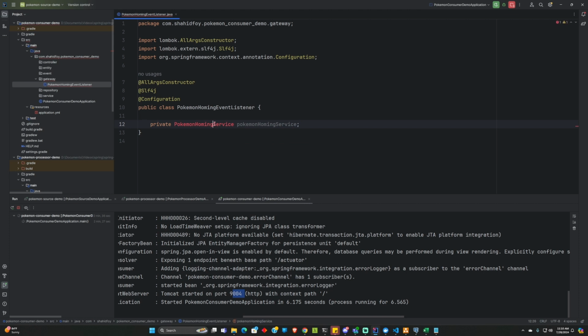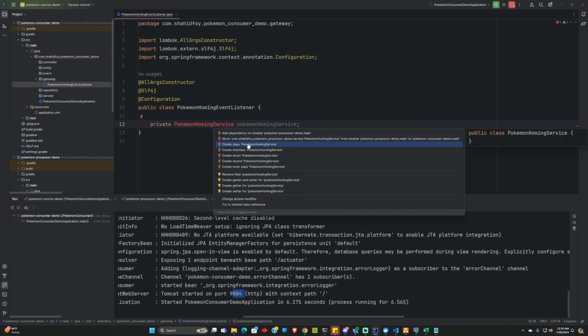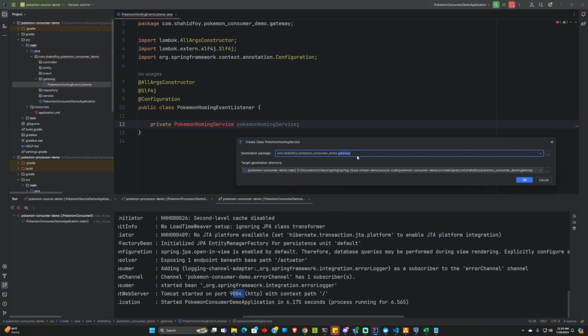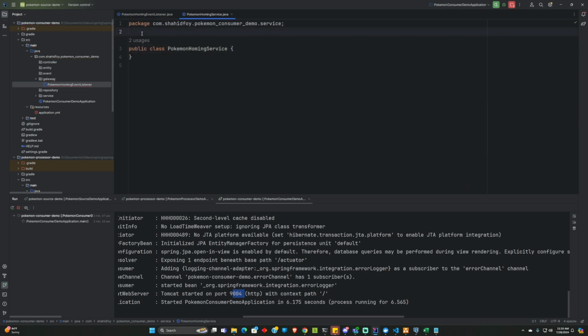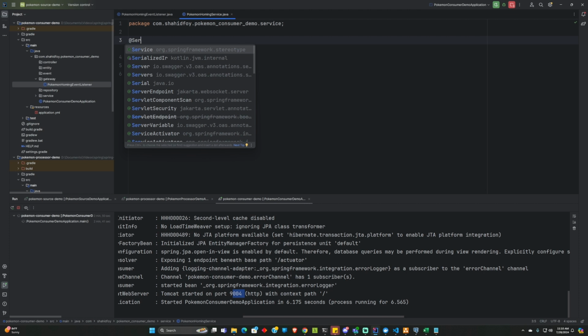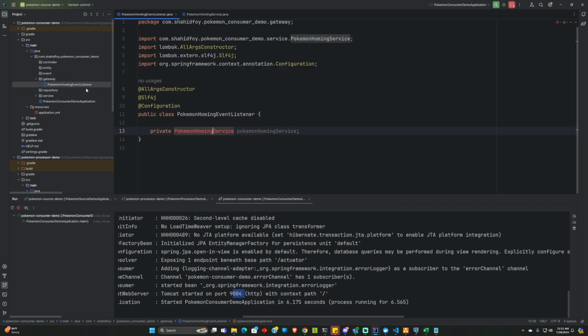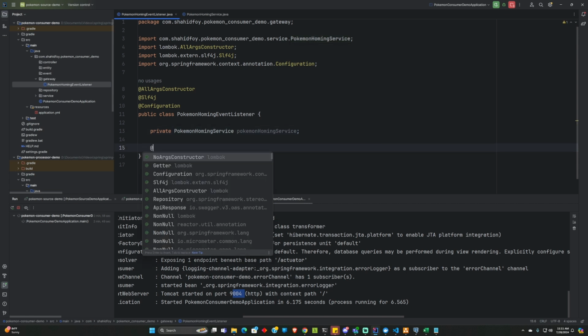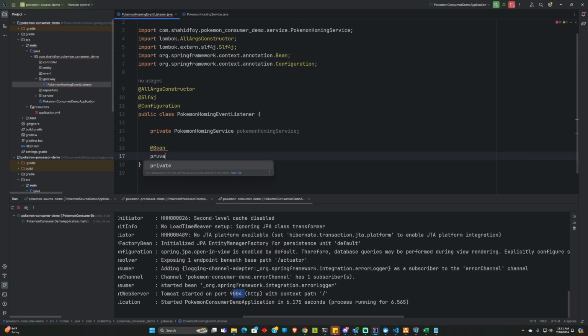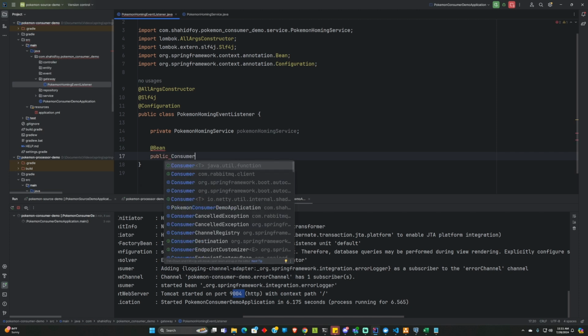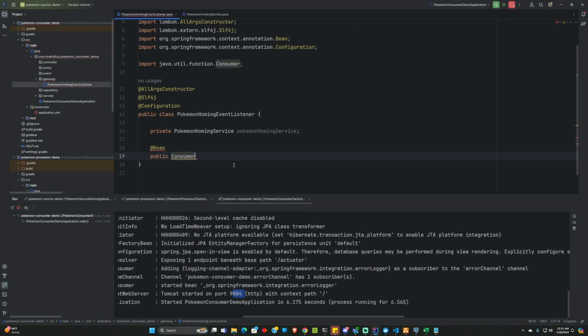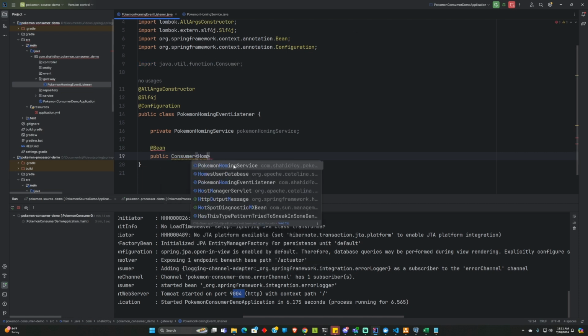And I'm just going to go ahead and create that service real quick. So create class. I'm going to put it in the service package. And let's just annotate this as a service. We're going to go back to the event listener and we're going to set up the bean for our consumer. All right, so public consumer, and we're using the Java util function. We're going to do a homing